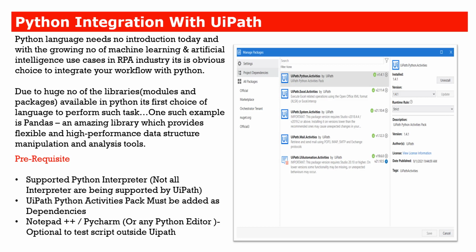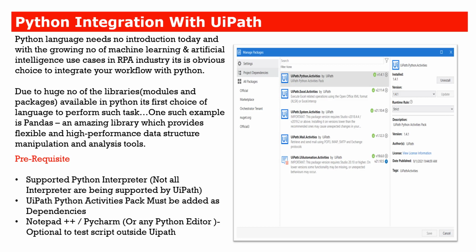Many times your data science team will give you a pickle file or a Python file with the pickles and all those things, which contains their trained ML libraries. So what you need to do is use that Python file inside your UiPath, pass some input and return the output.